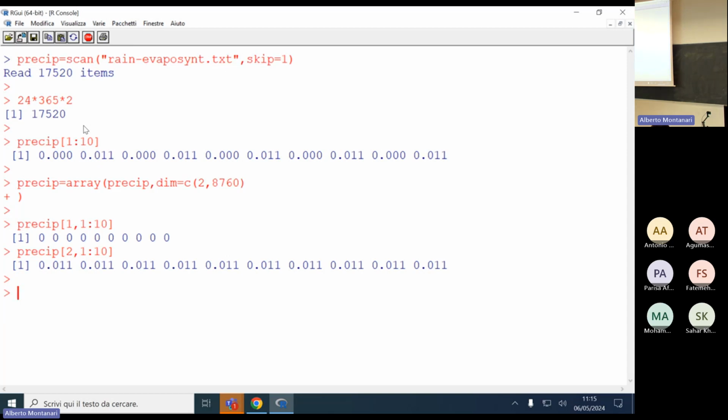So I remove it: precip is equal to precip[1, ]. With this instruction, I kept only the first column. Now, if you look at the dimension of precip, it's a vector, not a matrix. Length of precip. You see, it's a vector. And it's fine. Now, if I make precip 1 to 10,